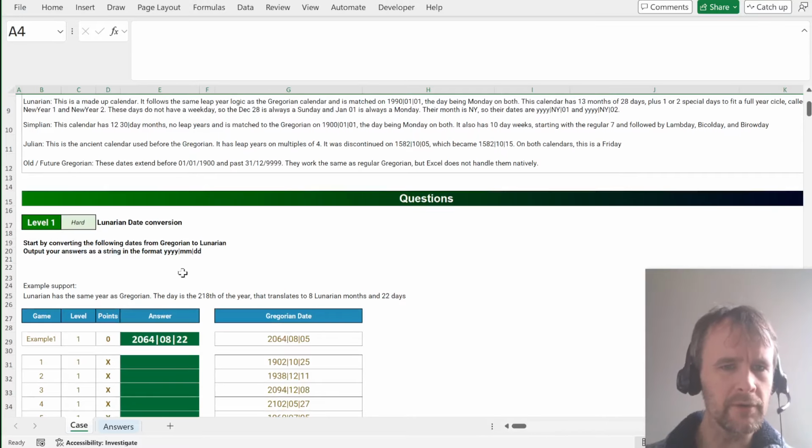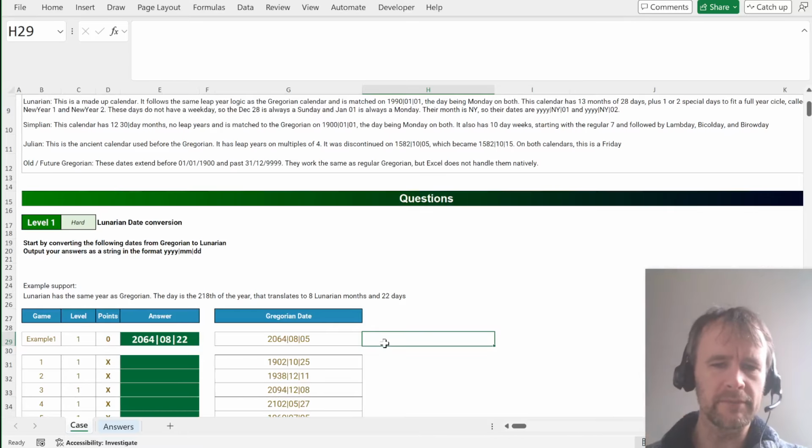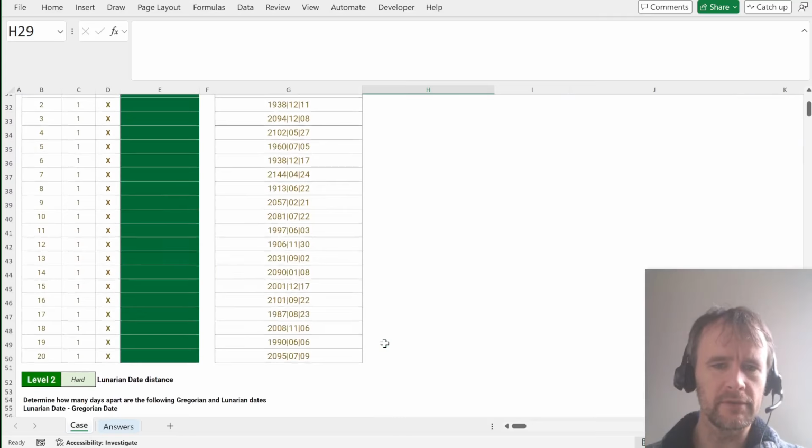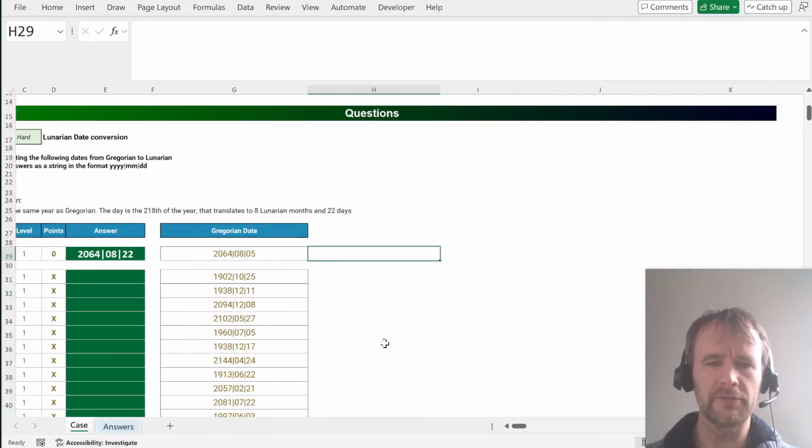All right. So we're going what? From Gregorian to Lunarian. Okay. That should be relatively easy. Oh, except that are we going to have out of range dates here? We might. Okay. So let's make something that will work with some generality. Okay. So